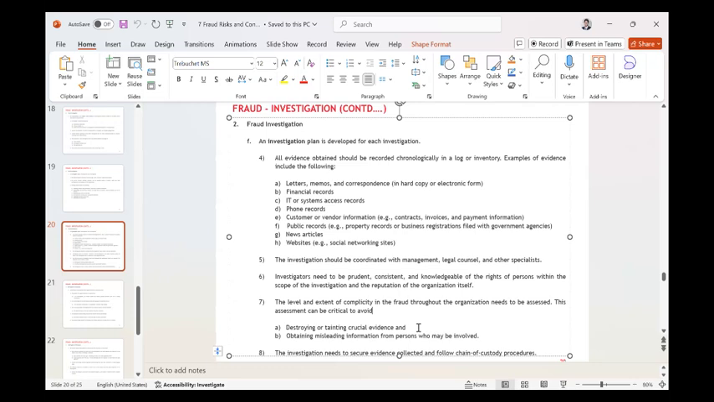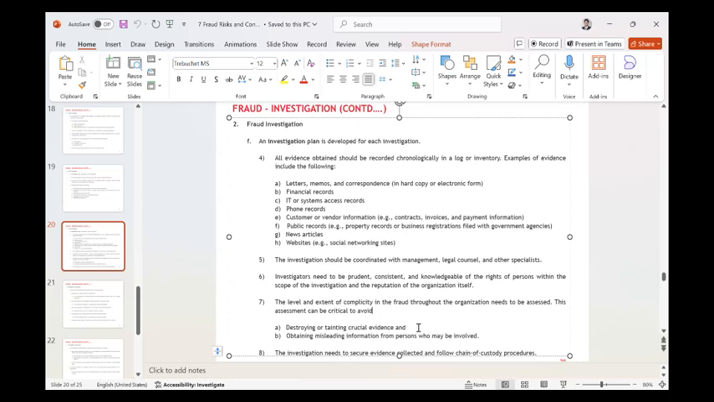Obtaining misleading information from persons who may be involved. Yes, what they mean is that you have to interview people and gather evidence, and when you do a forensic audit, it's all factual findings based on evidence. You don't give opinions in a forensic audit. That's why sometimes calling it a forensic audit itself is wrong. It's forensic services, because in an audit, generally you give a kind of opinion. But nevertheless,